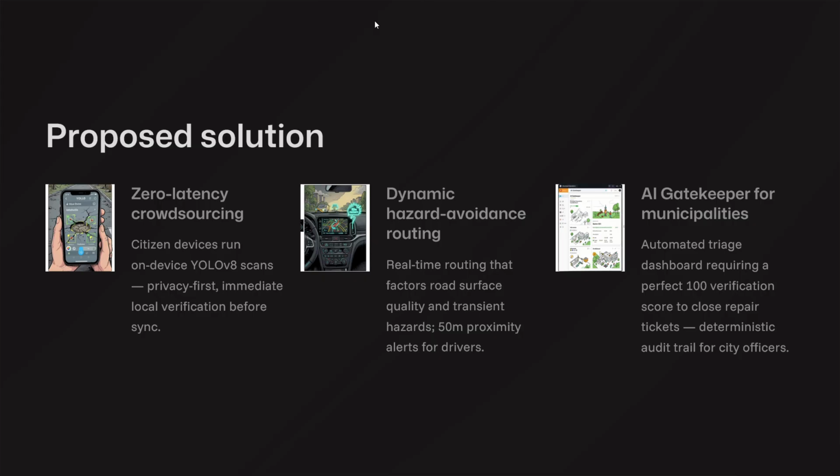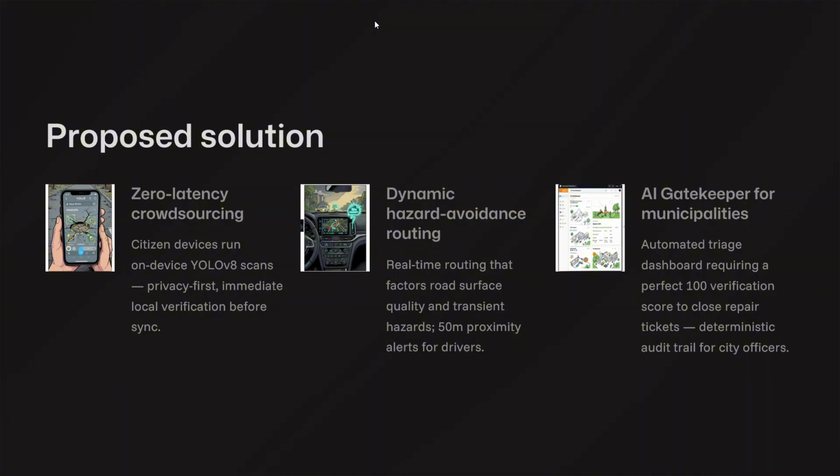So this is where our project RoadFlow-Ai comes in. And the whole idea is we close this broken loop fully using just one smartphone. It's very simple. A normal citizen just points the phone at the road, and we have an AI model that is running completely on the device itself.